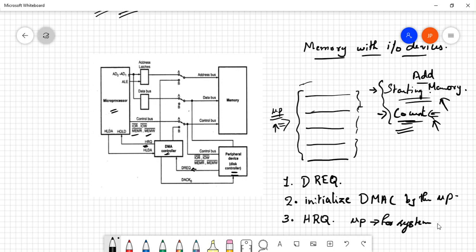Now once the signal is obtained by the processor, it will finish its current machine cycle, and then it will release the system bus. Also it will give an acknowledgement signal through the HLDA signal, hold acknowledge. So the fourth point that we have is the MUP finishes the current machine cycle,